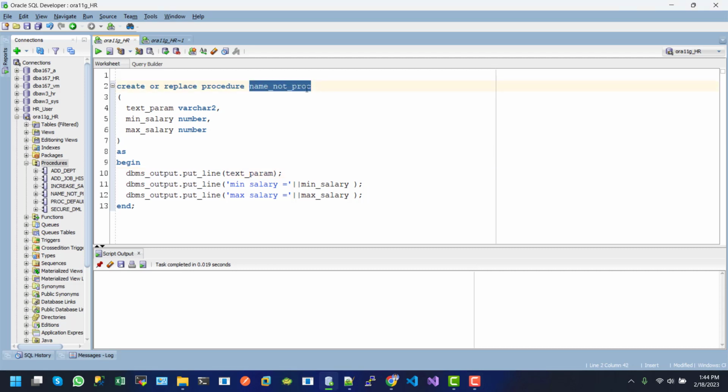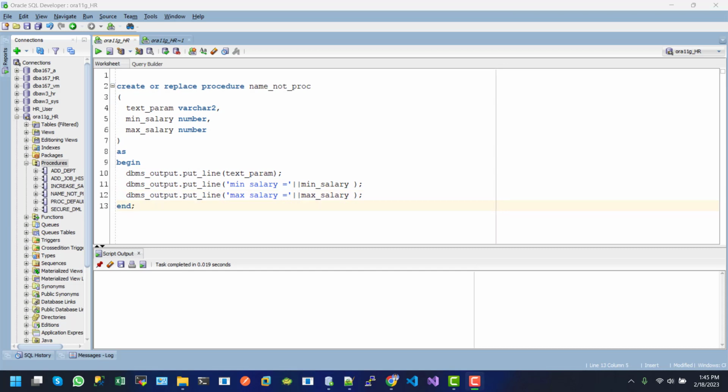This is the procedure name, name_not_proc. Inside this one, we pass three parameters: text_param, min_salary, max_salary. And then we use BEGIN and END. Inside BEGIN and END, we use the DBMS_OUTPUT.PUT_LINE function to print